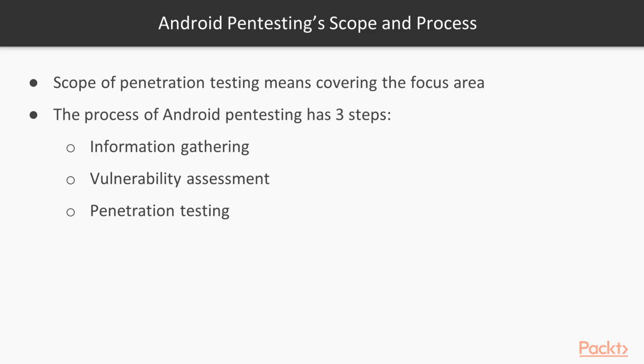And if it is confirmed that SQL injection attack is actually available, it means the vulnerability assessment report is correct. So in pen testing, we need to finalize what the actual vulnerabilities in the Android application are, so that we can list them and then perform further attacks on those vulnerabilities. So these 3 steps are really important inside penetration testing: scope and process.